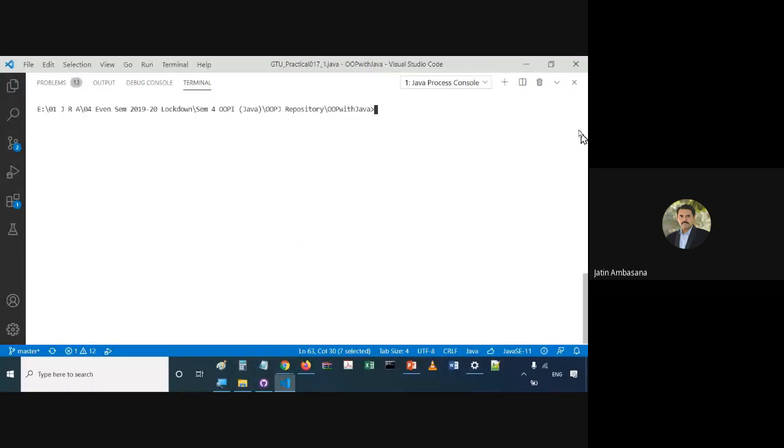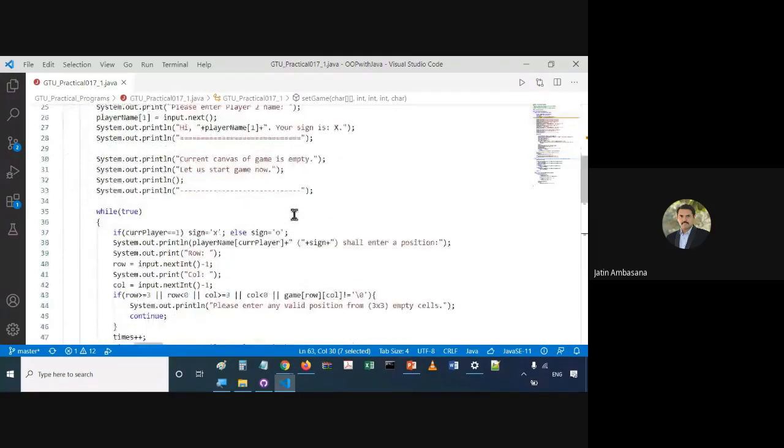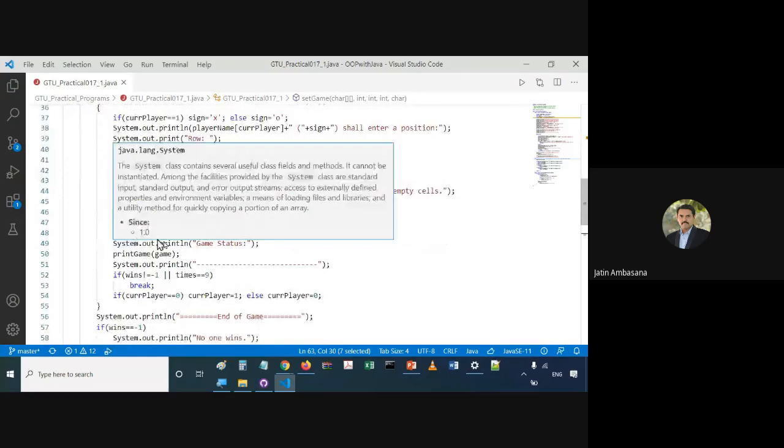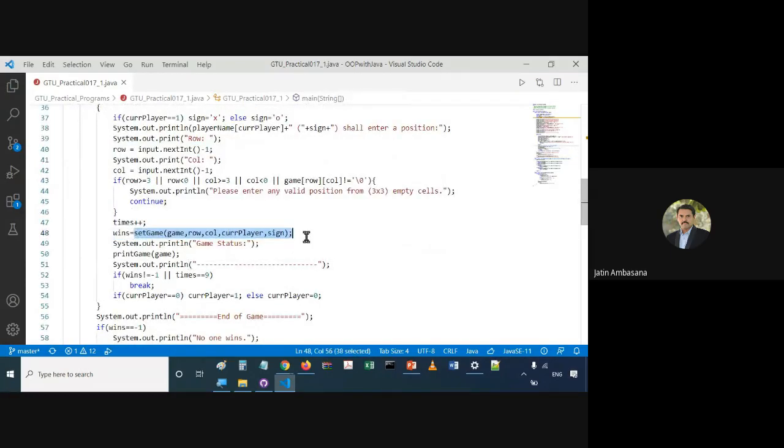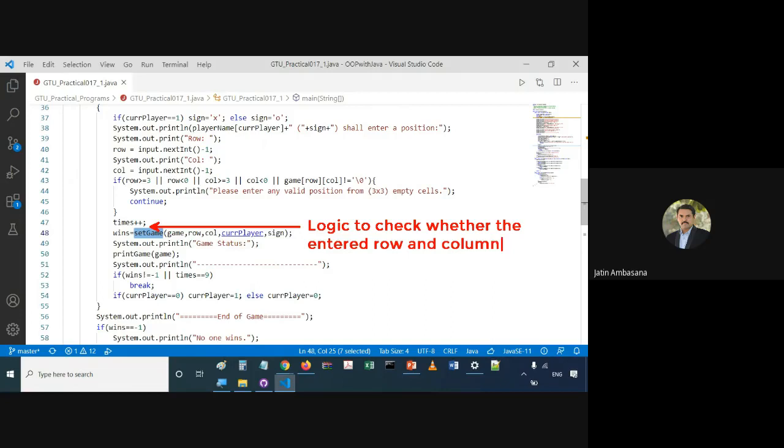So let me show you how the logic has been defined. When we call this set game, we can put the logic over here at this location, to check whether the entered row and column, or we can say entered cell position, is empty or not.